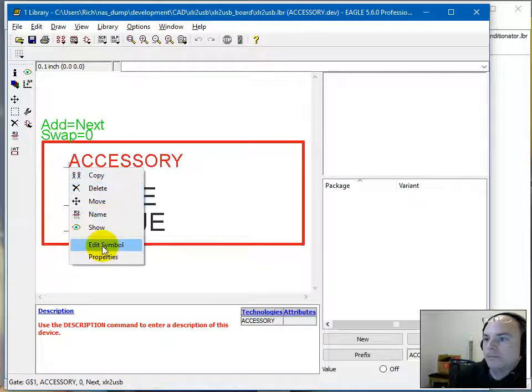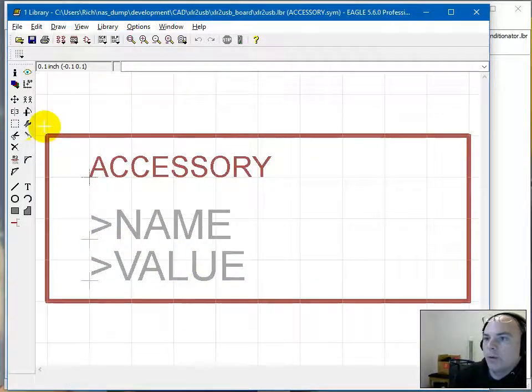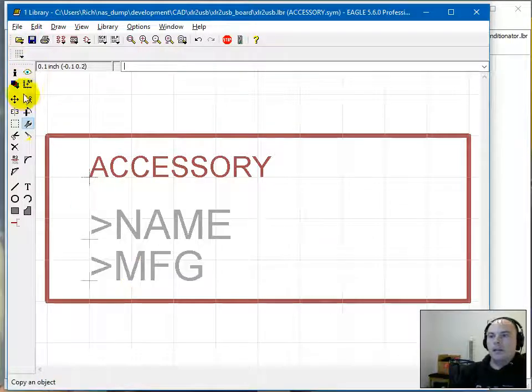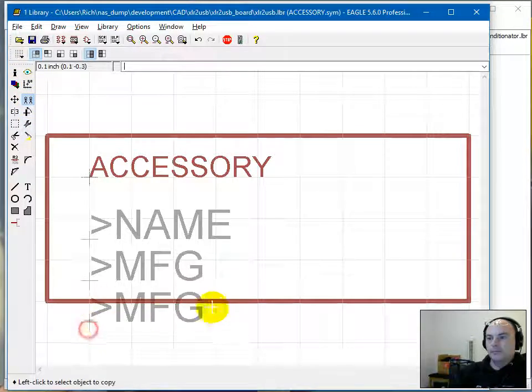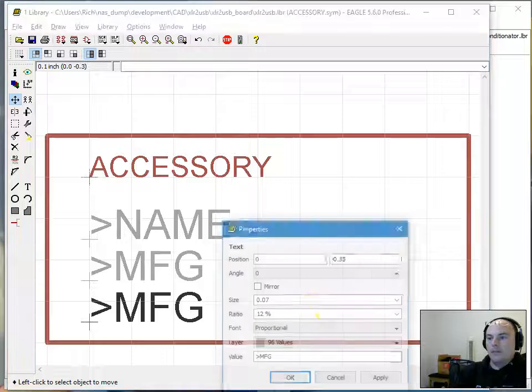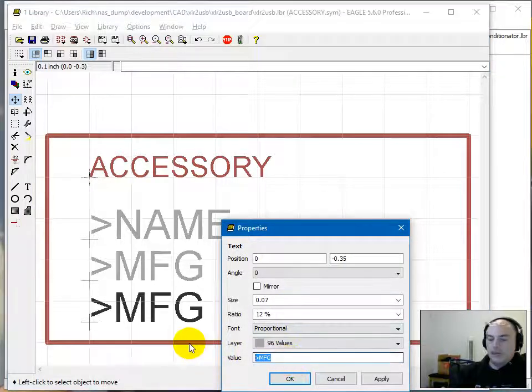Oops. Edit the symbol. And what I'm going to do is change things just a little bit and say change text by changing the attribute from value to manufacturers, and then copying it. Do a little move. Properties, we'll just do this a different way. This will be called